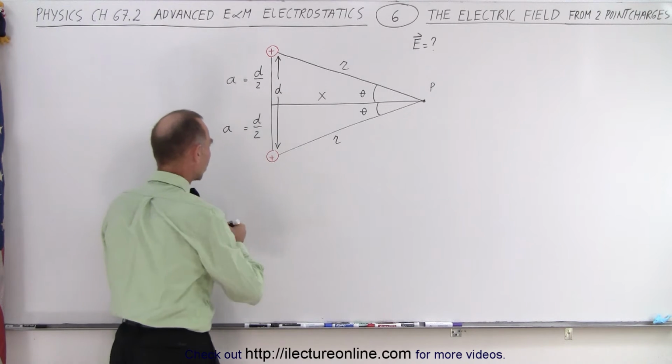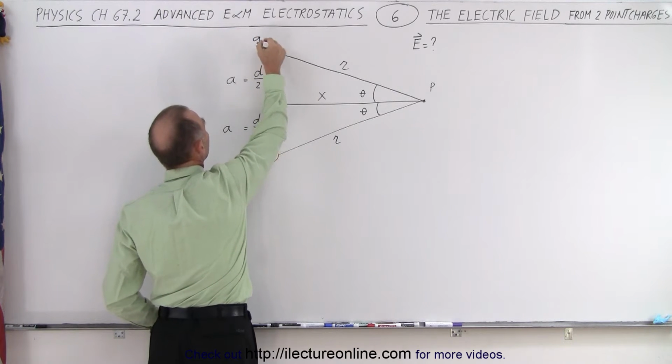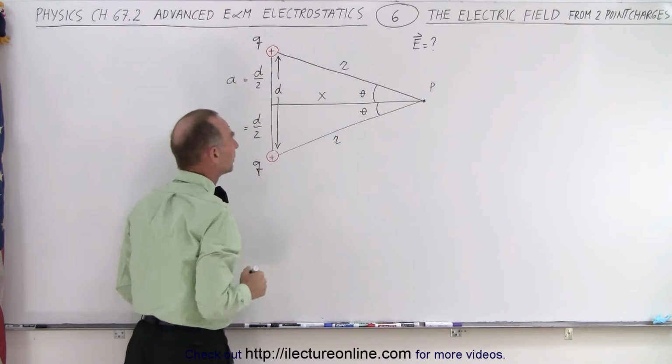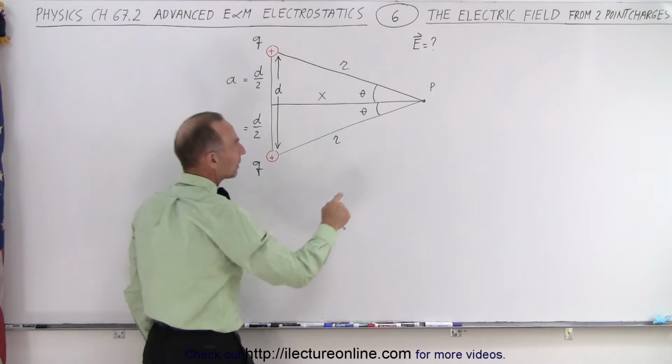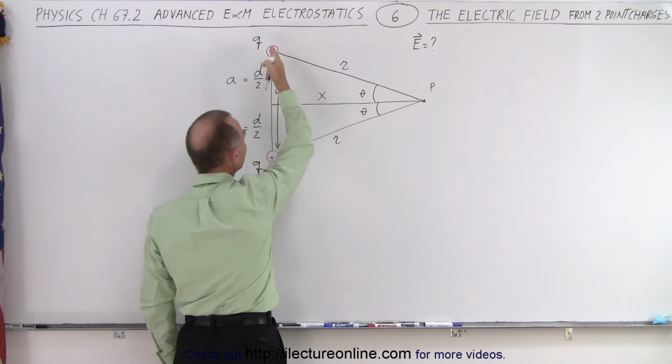Now let's try to find the electric field emanating from 2-point charges. So here are the 2-point charges. Let's say that they each have charge Q on them and they're distance d apart. And notice we want to find the electric field at this point P, a distance x away from the line